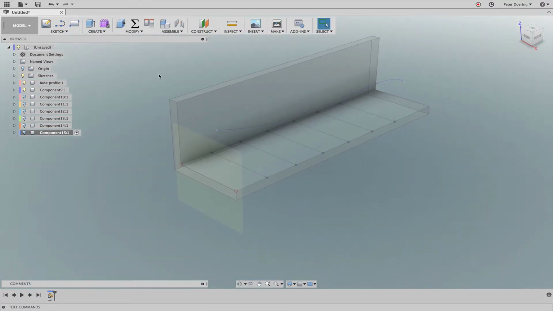So now that I'm done with creating a component with a construction plane at all these line segments,